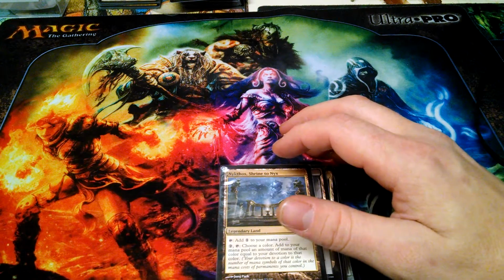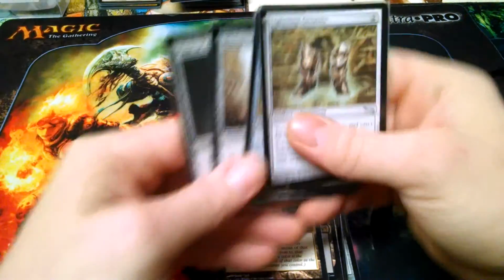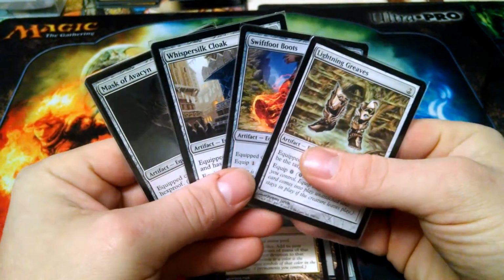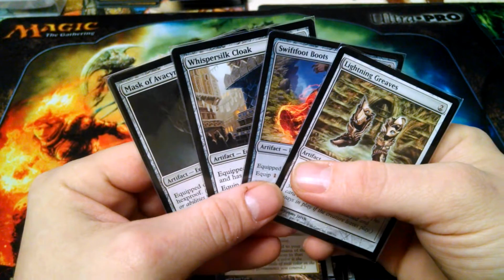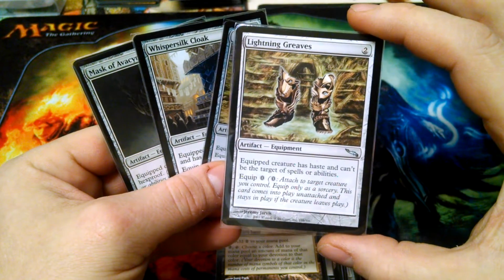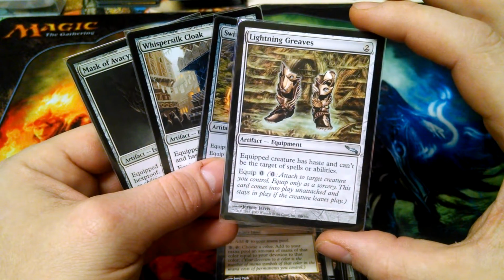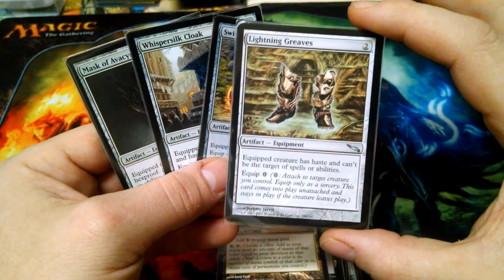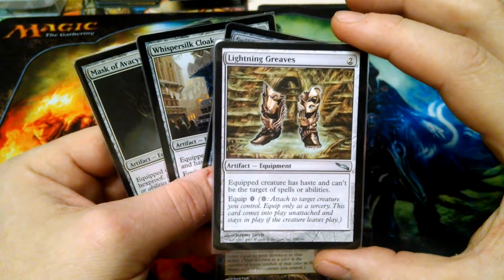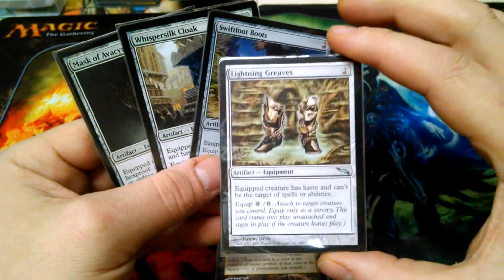Now, let's talk about equipment, because some equipment we gotta have. We got the 4-pack of Keep My General Safe. We all know these. Lightning Greaves. Lightning Greaves was amazing. The problem with Lightning Greaves, though, is it has Shroud. Now, yes, Shroud is a problem. We thought Shroud was the greatest thing since sliced bread when we first got it. However,